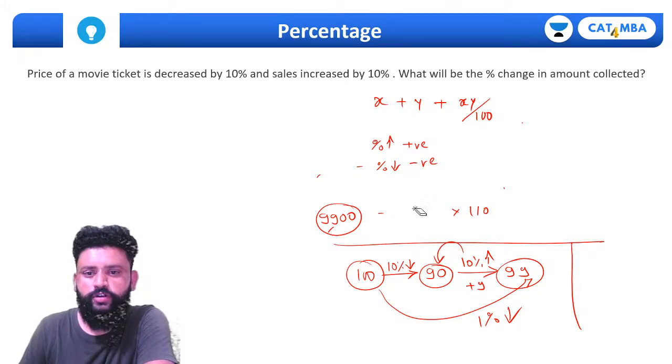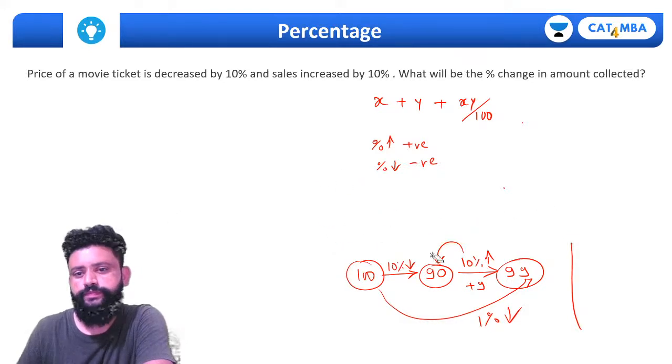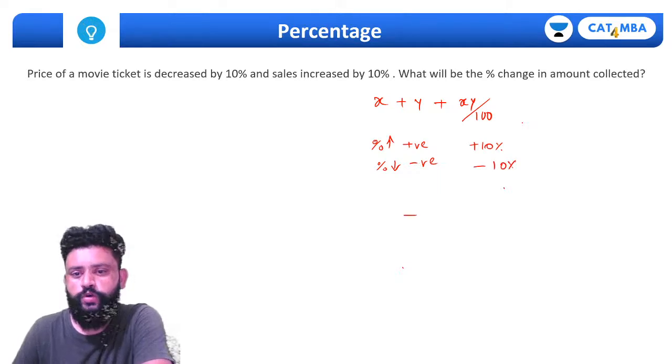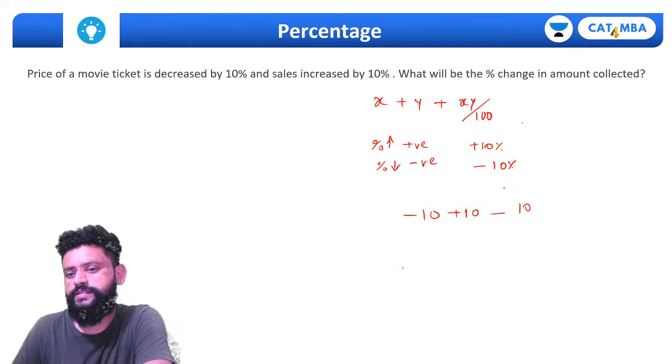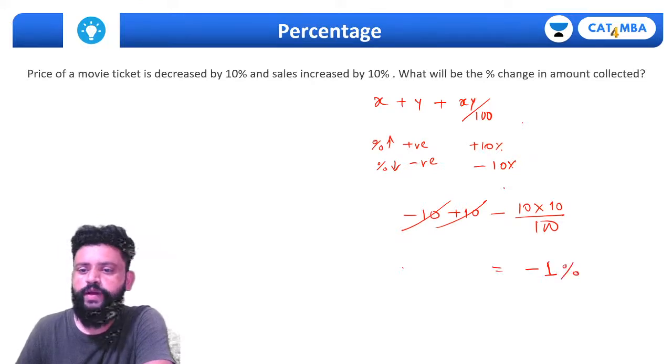So this formula will always work for percentage change. कैसे आएगा बताओ? यहाँ पे 10% plus and minus 10%. So minus 10 plus 10 minus 10 into 10 upon 100, this will come 0 and you'll get the answer as minus 1. Minus 1% means 1% decrease,